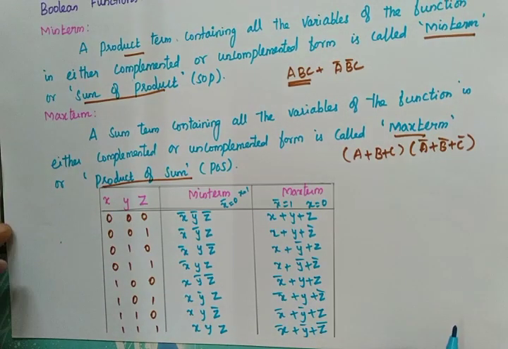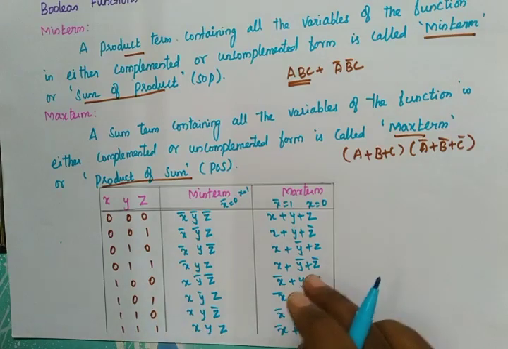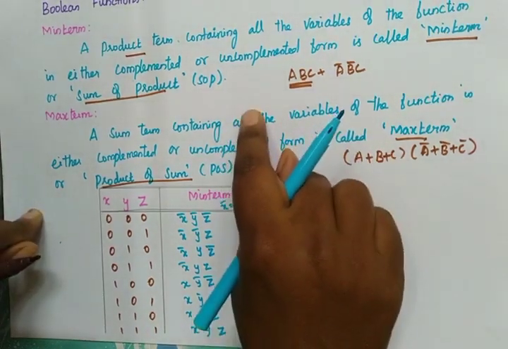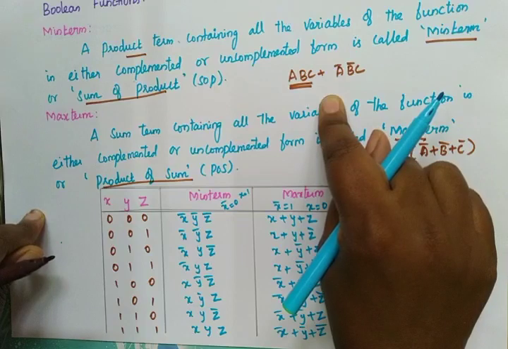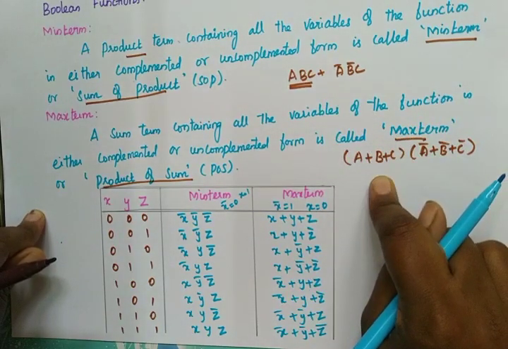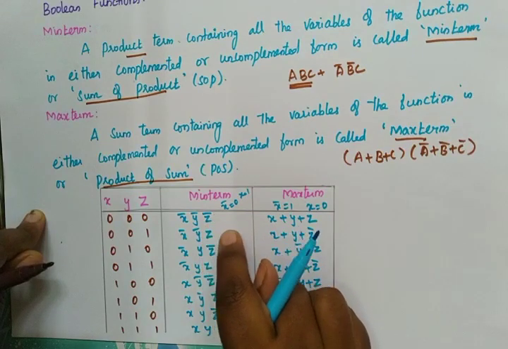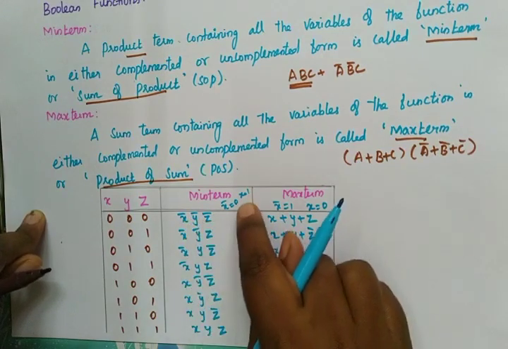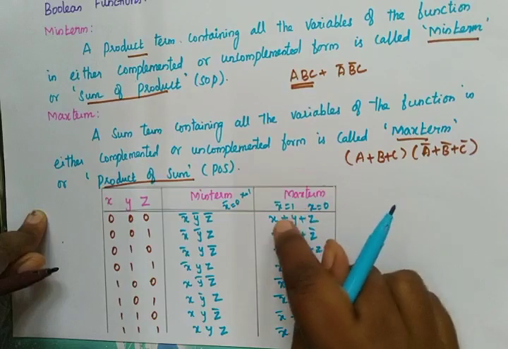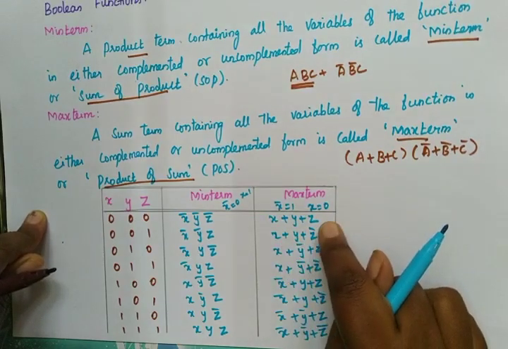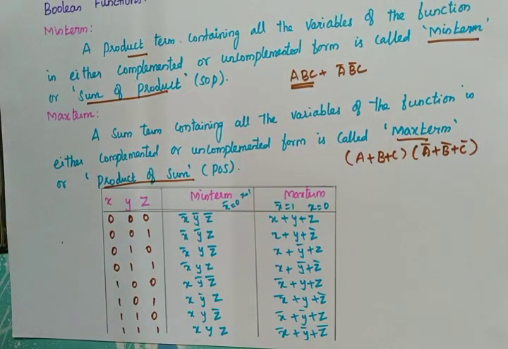So this is how we have to express min term and max term. If it is min term, we can say that as sum of product. And if it is max term, we can say this as product of sum. So x bar represents 0 in min term and x is equal to 1. If it is max term, x bar will be equal to 1 and x will be equal to 0. Then we can see the canonical standard form and K-map